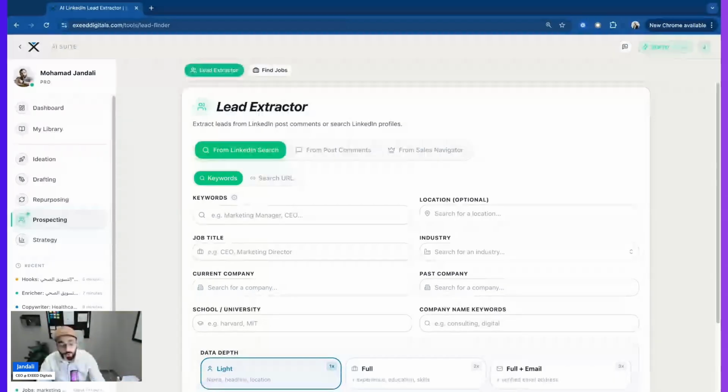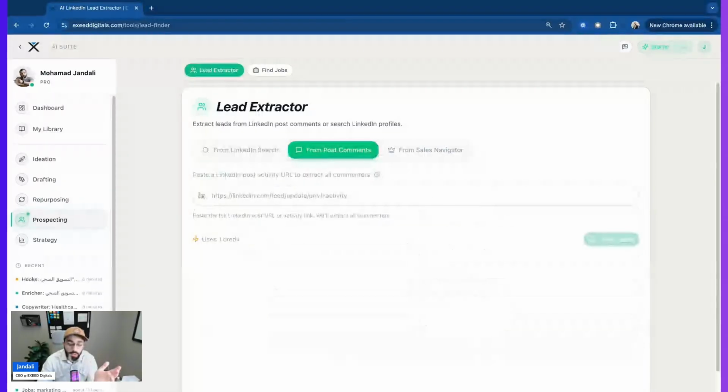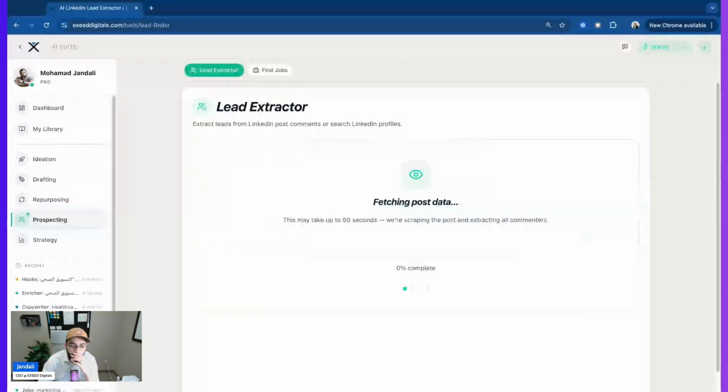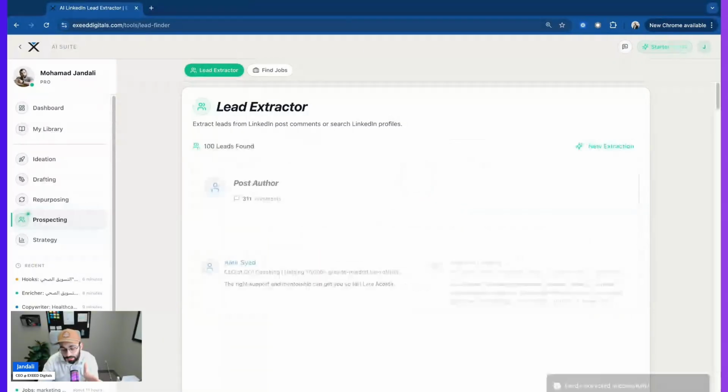So for the lead extractor, we've got 3 ways to extract leads. You're either extracting leads from LinkedIn search or from post comments. So, for example, let me take this post. I'm going to show you what it's going to do for this post. Copy link to post. This is a post published by Lara Acosta. So I need to get a list of the people that left comments on this post, because I need to get an idea of who